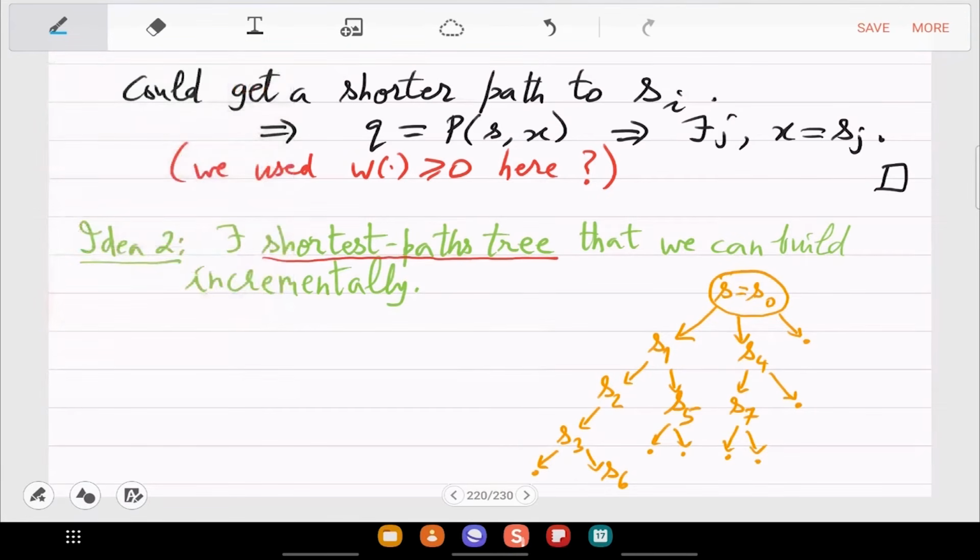When I say incrementally, the idea is that the algorithm finds first S0, then it finds S1. So that part of the tree becomes visible. That is discovered, and then S2 has to be found. How is S2 found? For that we will use a temporary tree structure stored. Let's say we store it up to S4. That is what we have computed till now. So S0, S1, S2, S3, S4 has been calculated, let's say.